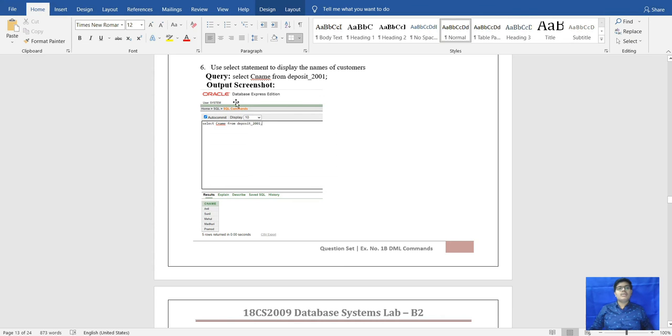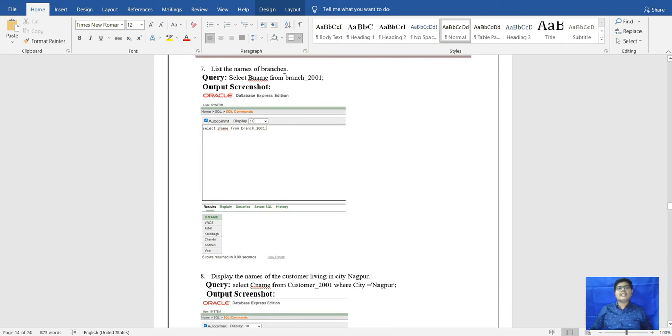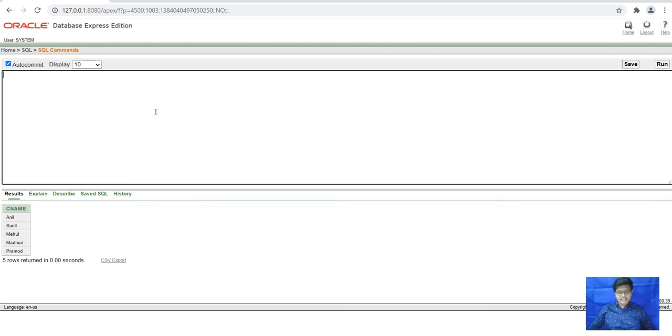After that we will move to the next question, that is list the name of the branches. For listing we will select the branch, that will be the B name, from which we have to select, that is branch. So here this will show only the branch name that are present in the branch table.